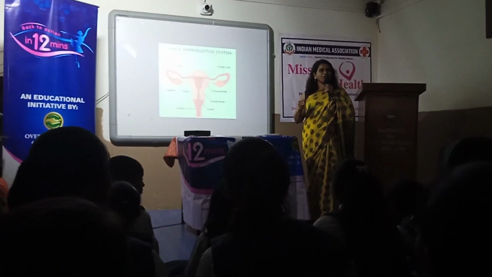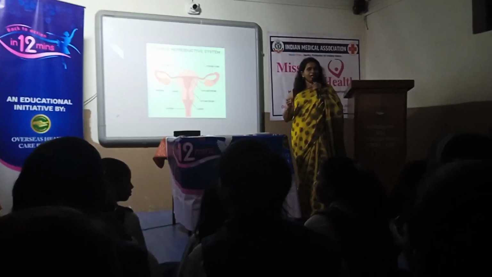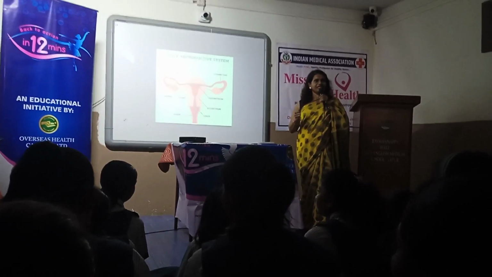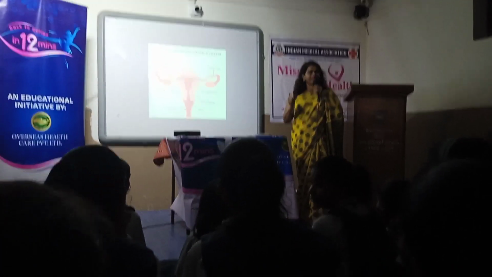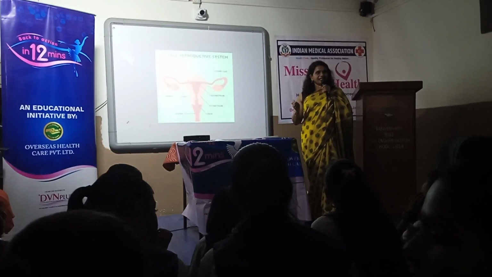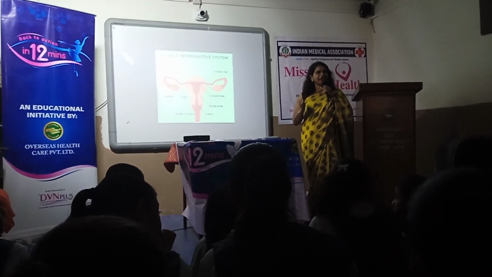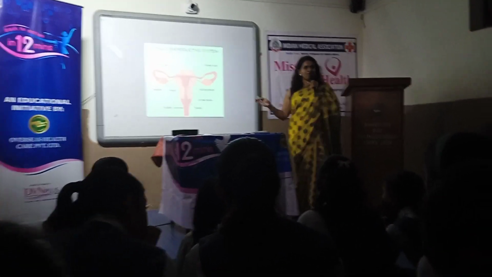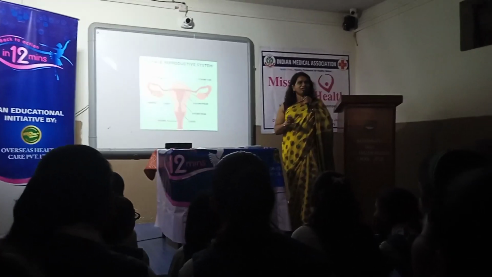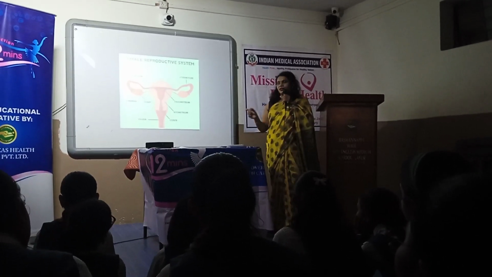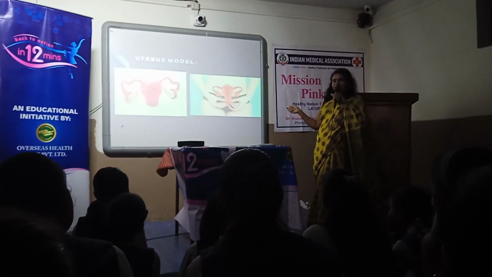Different types of changes occur at this age. Pubertal changes include changes in physical growth, and mentally also there are some changes. That's why this age is very important, because you are neither fully matured nor a kid anymore. So this is somewhere in the middle. Okay, so what changes?